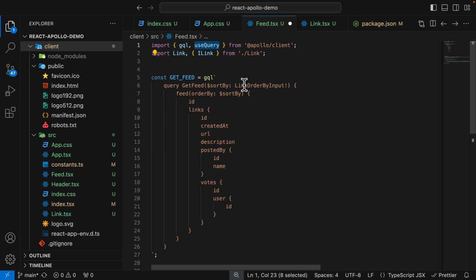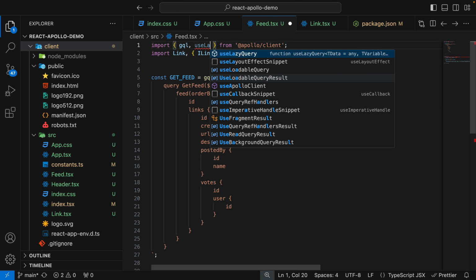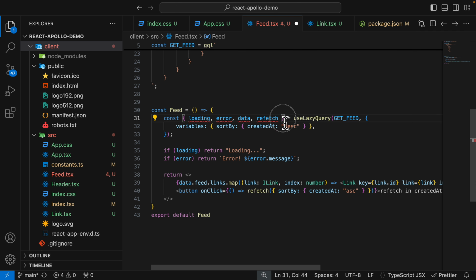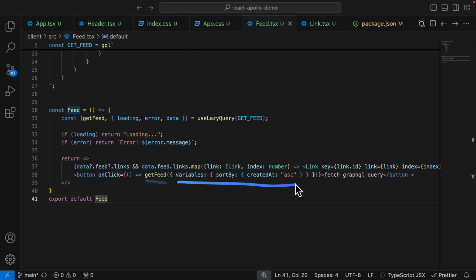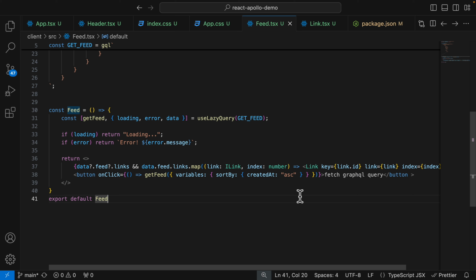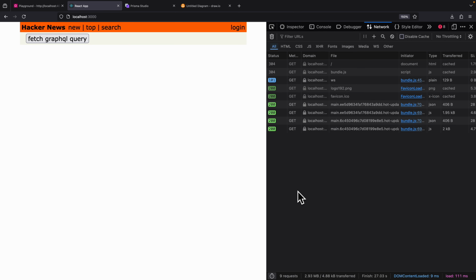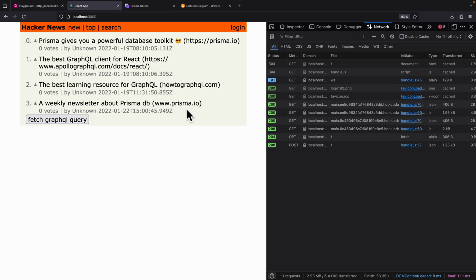To do so, we're going to import useLazyQuery from the Apollo client. This will return a tuple, which has the getFeed function, which is the function to call the query, and this is the data that's going to be returned from our result. Then here, instead of refetch, I'm just going to call getFeed and pass the variables here. Now we're going to go back to our page, and if we click on the button, you can see that we have our data, which got fetched